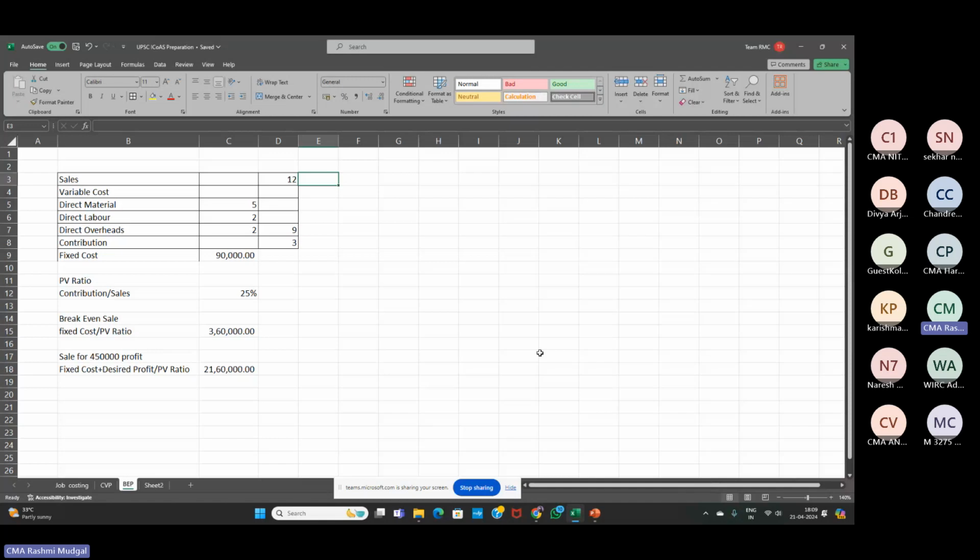So if I go to here, if I am going to make the profit per unit, so they are asking me if I'm making a sale of 21,60,000 and the price is 12, then you can see here that per unit price is given, but unit was not. So I need to make the unit 1,80,000. So if I'm selling 1,80,000 units for 21,60,000, and my variable cost will be 5 multiplied by 1,80,000 units.